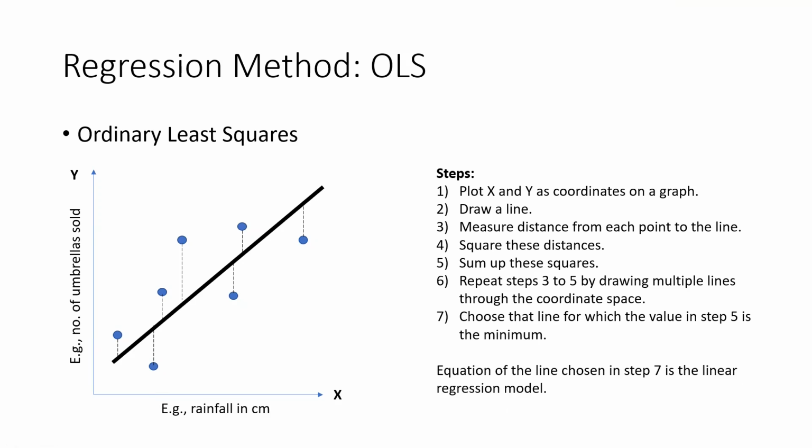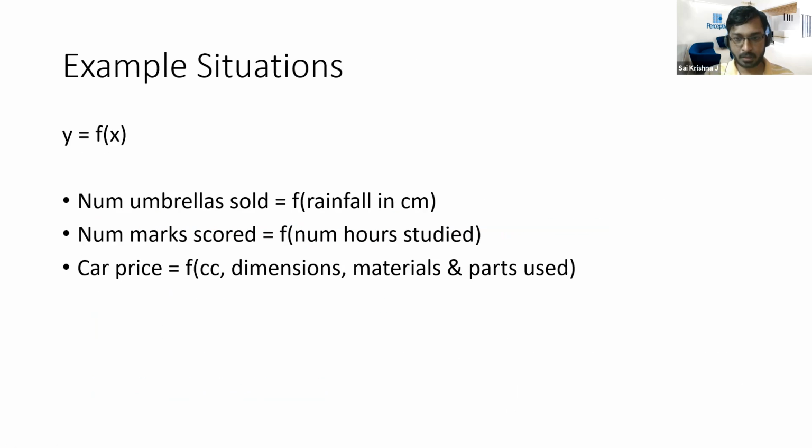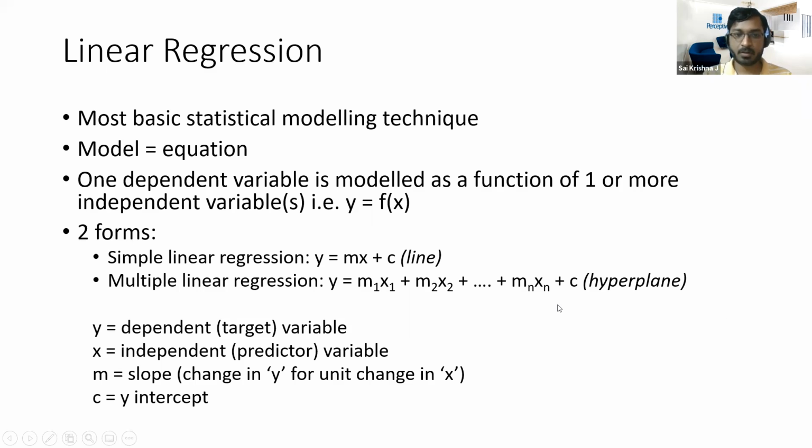So here we have one independent variable and one target variable. Assuming a case where we have 2 or 3 independent variables and one target variable, how does the plot look? That is something that cannot be visualized. That is why they call it a hyperplane. The example that I showed you was for simple linear regression, which takes the equation of a line. For this, they call it a hyperplane, which cannot be visualized in a two-dimensional space. Okay.